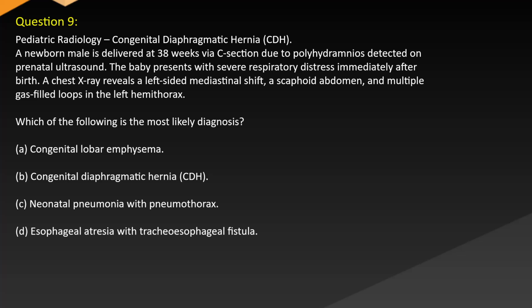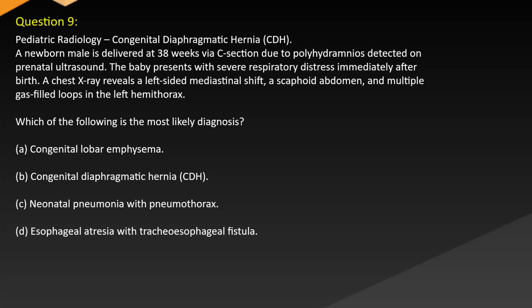Question 9. Pediatric radiology. Congenital diaphragmatic hernia (CDH). A newborn male is delivered at 38 weeks via C-section due to polyhydramnios detected on prenatal ultrasound. The baby presents with severe respiratory distress immediately after birth. Chest X-ray reveals left-sided mediastinal shift, scaphoid abdomen, and multiple gas-filled loops in the left hemithorax. Which of the following is the most likely